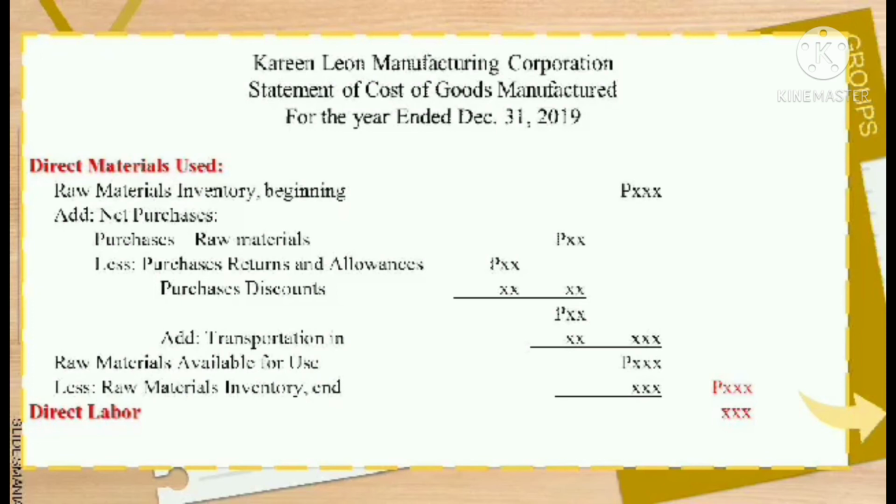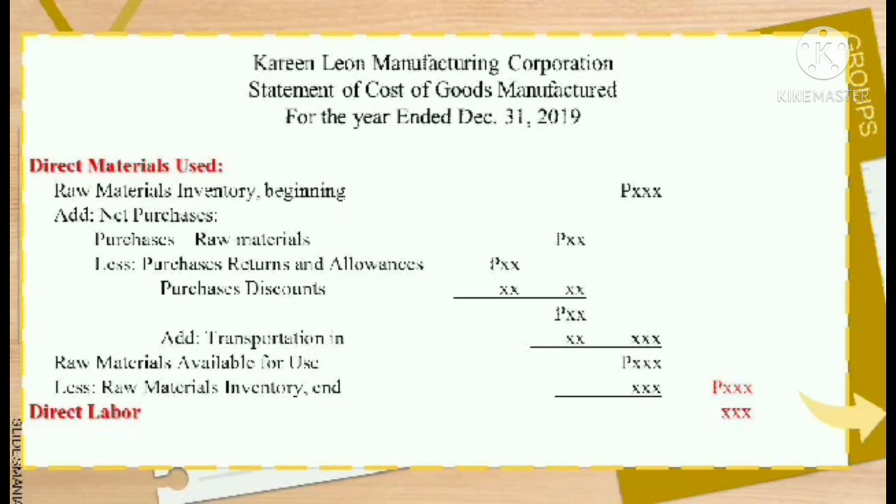At first, we add the beginning inventory, right? Then it is necessary to subtract the ending inventory of raw materials. After the deduction of this ending inventory, we can now get the total cost of direct materials used. And we're done with the first item, which is direct materials used. After this, the next one is direct labor. And once we're done with direct labor, we can proceed to the next item, which is the